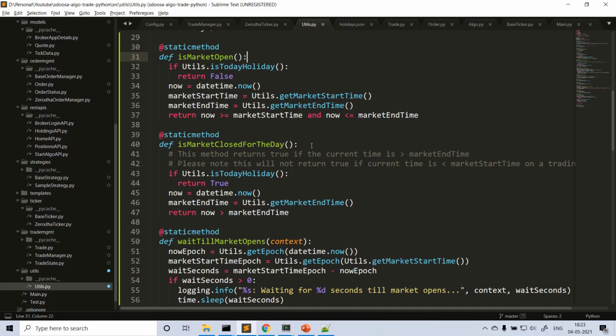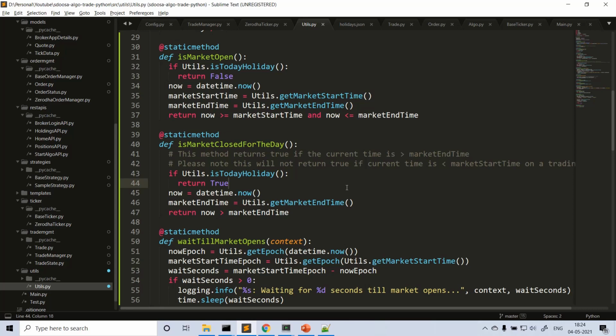Is market closed for the day? So this is a bit different from is market closed. It's not exactly the opposite of is market open. What I mean here is this method returns true if the current time is greater than market end time, right? Please note this will not return true if current time is less than market start time. So in the morning before 9:15 a.m., if you call this method, this will not return true.